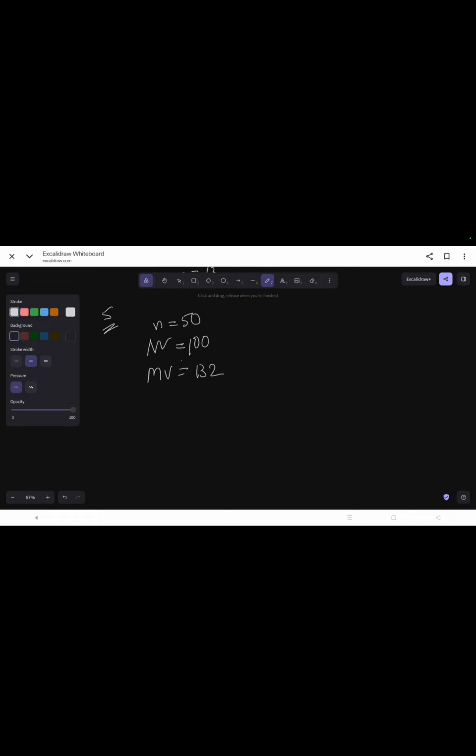Now we have to find out the investment. What is investment? Just put the value n into MV, which is 50 into 132. So what is 50 into 132? Just calculate, please don't use a calculator. Now the next one: if the rate of dividend R is equal to 7.5%,